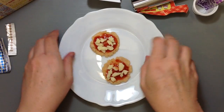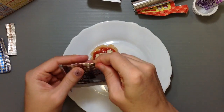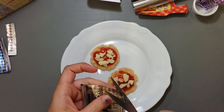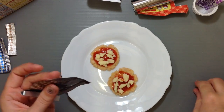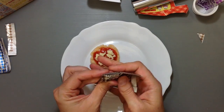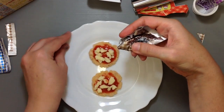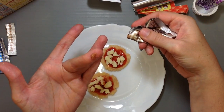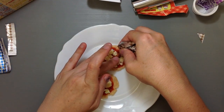So I've got both of the cheese and the sauce on already, and then I could take that little section that I had here for the wieners or the hot dogs, and I'm just going to go ahead and cut a little bit down here at the bottom so that hopefully I can squeeze this out of here, right? And the idea is to try to make it look like a long strip, or you could choose to make it look like meatballs too. Either way is fine, but I'm just going to